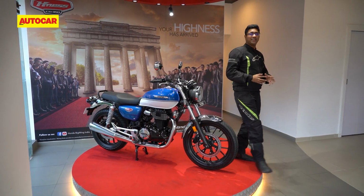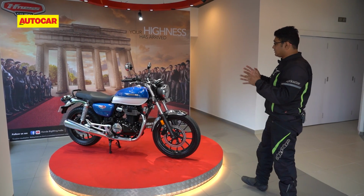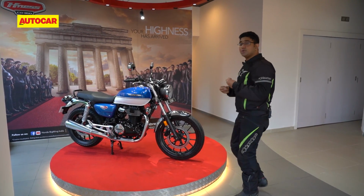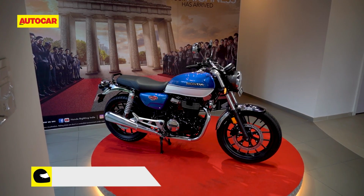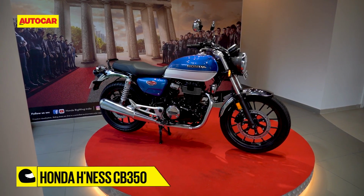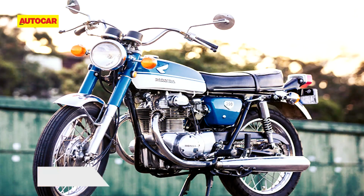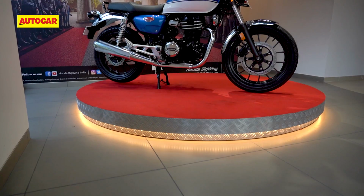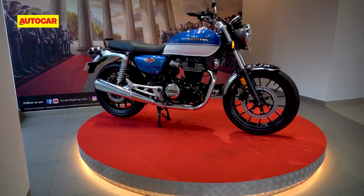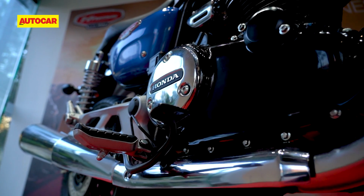Let's talk about the styling first, and I think Honda has really come up with an attractive, retro-looking motorcycle. Because when you look at this motorcycle, it reminds you of the Honda CBs from yesteryears. And that, we believe, is a good place to begin with, by drawing inspiration from the CB motorcycles, like the 1980s CB350 and even the CB1100 RS. The company has ensured that the H'ness CB350 looks like a Honda, while still oozing that typical classic motorcycle appeal